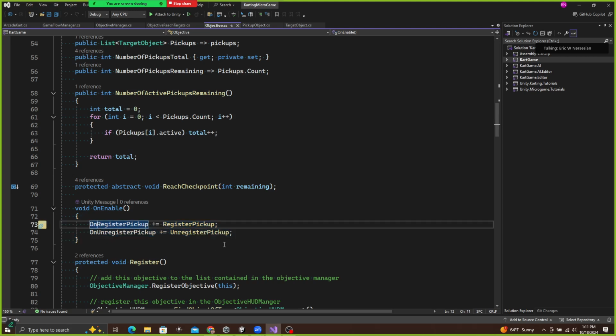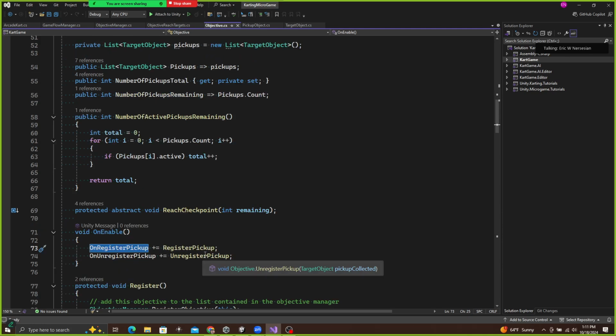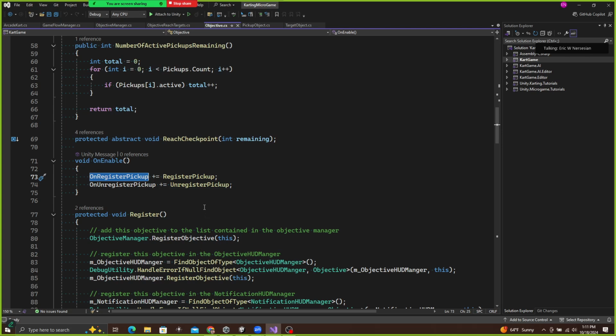So on the objective side, we have the enable method called once when this component becomes enabled, and it registers its own methods to this. So I was saying last time that that's a little weird because it's itself registering event listeners to its own event. But the reason for this is that